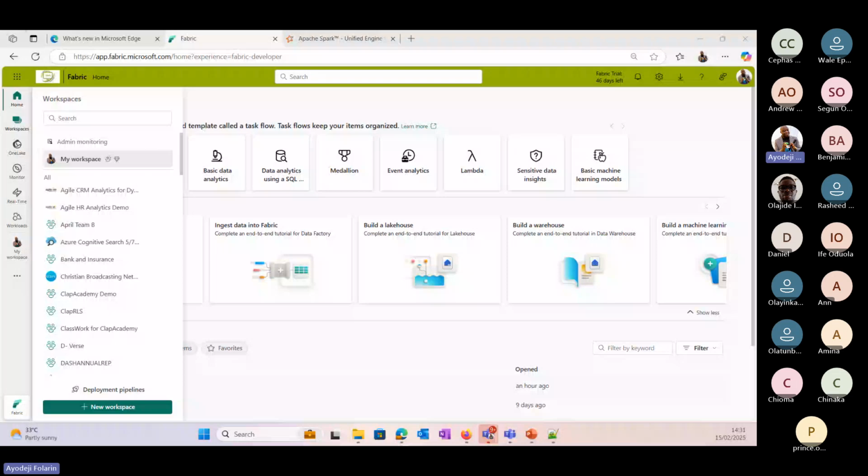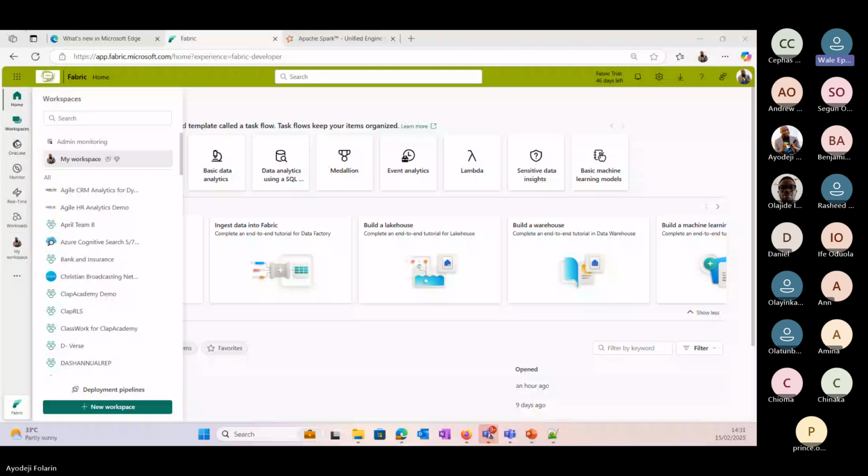I have Chinaka's hand up. Chinaka, please, you have the floor. Hey, sorry, everybody. I can't see the screen. I don't know if I'm the only one. I tried to log out and log in. Okay, let me share my screen. Please confirm the screen is back.